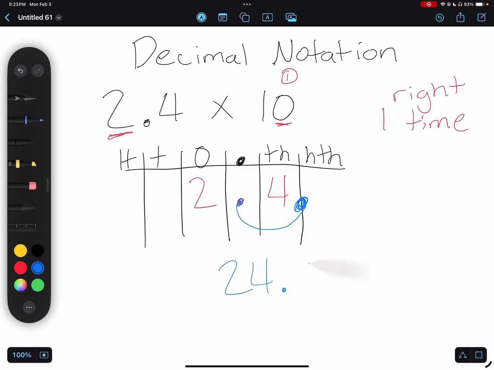And I put a decimal in. Some students are able to understand that I could just place a 0 behind there, and now it's 24. So 2 and 4 tenths times 10 is 24. Then we would do this same thing